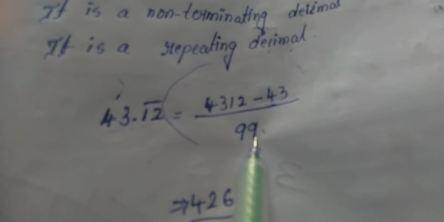Okay. First step: whatever number, you have to write the complete number on this side. After that, write minus the number on the integer side. Whatever number is there, we write it here. Then, depending on how many numbers are under the bar, that many 9s we put in the denominator. Okay, that much is completed and clear.